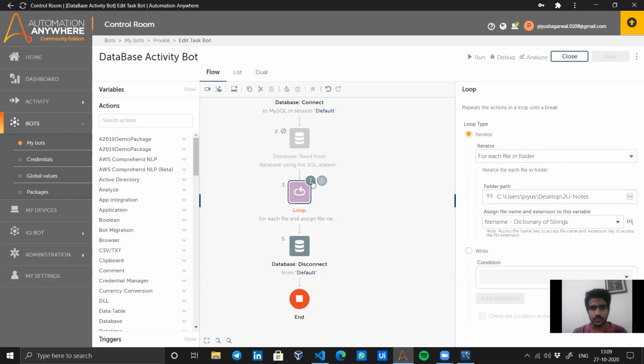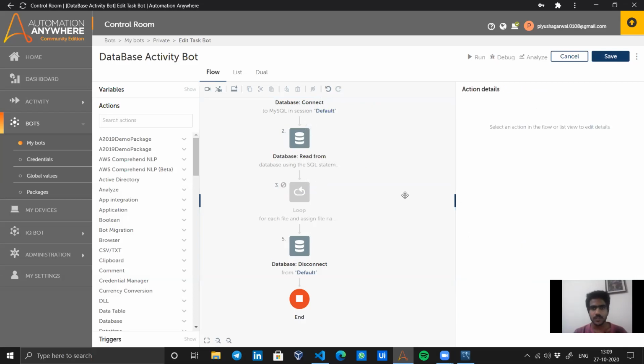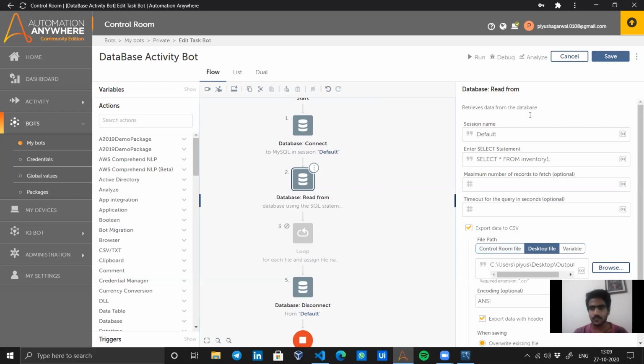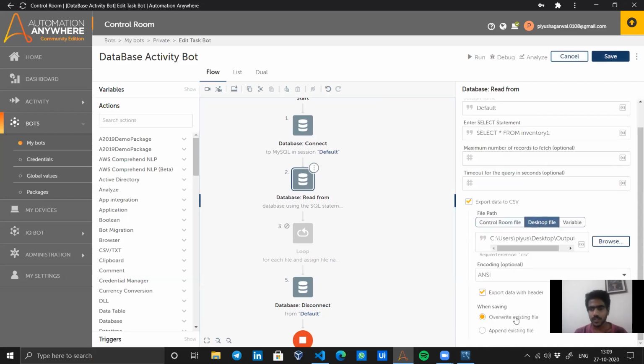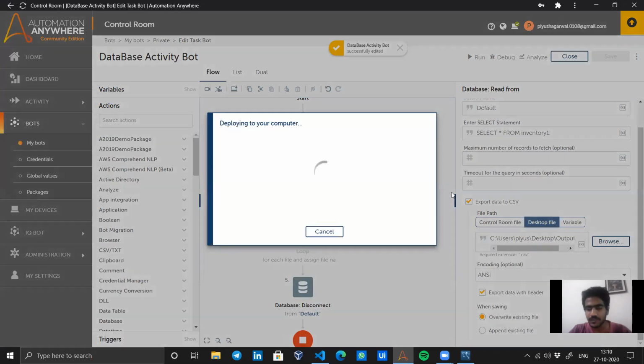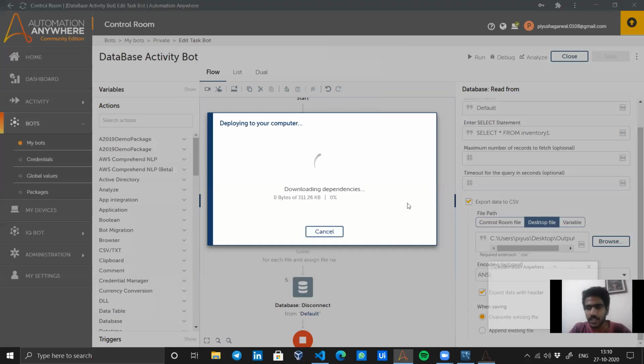So I am going to disable it. Now again, let's enable this activity once. So it was to extract the data. Now let's see what happens. Here I am writing, override the existing file. So what it should do now is create a new file output.csv, or basically override the previous one, and all this data in the MySQL should be given back to me in Excel format.